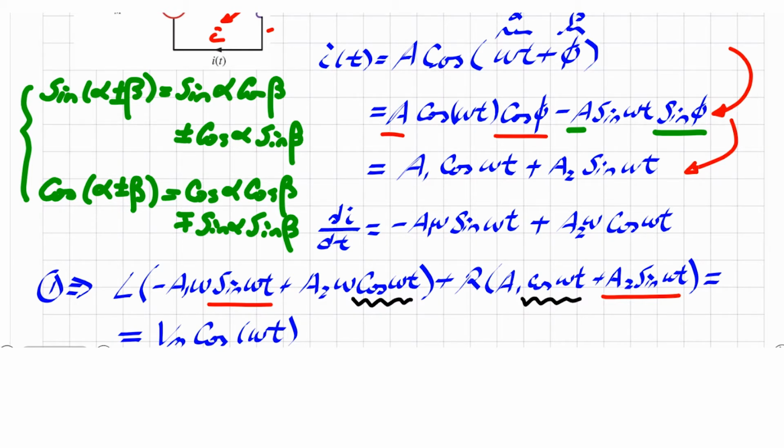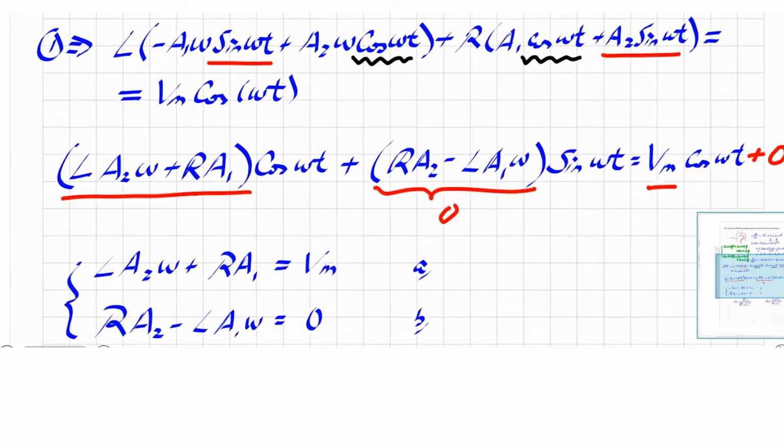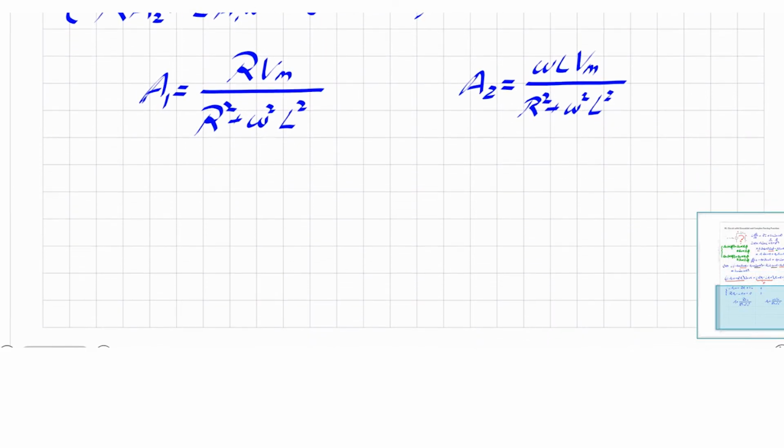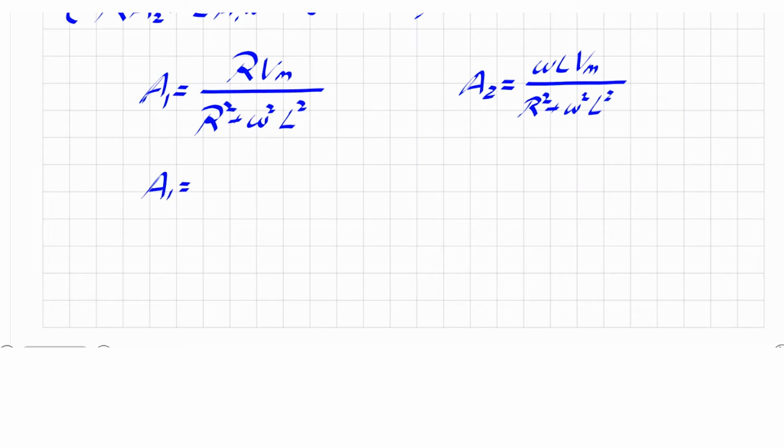We wish to go back so that we can find another form of that solution, which is A times cosine omega t plus phi. We want to know A and phi. Now, since we know from this conversion that A1 is equal to A times cosine phi, where A2 is equal to A sine phi,